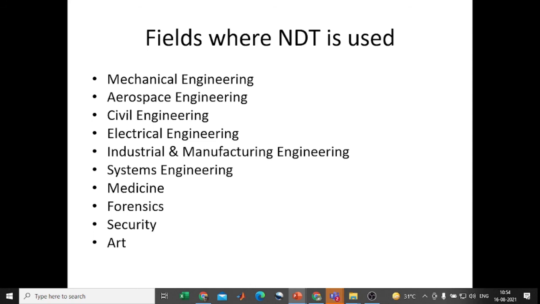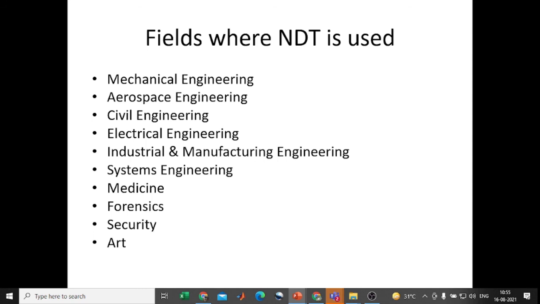After that, industrial and manufacturing engineering. We studied what processes are available in manufacturing industries: Manufacturing Technology 1 and Manufacturing Technology 2. In Manufacturing Technology 1, you discuss the metal casting process, metal welding process, metal joining process, metal forming process, plastic process, and after that the metal deformation process and bulk deformation process. Likewise, every process product undergoes non-destructive testing for evaluating defects or flaws. After that, the machining process is also available.